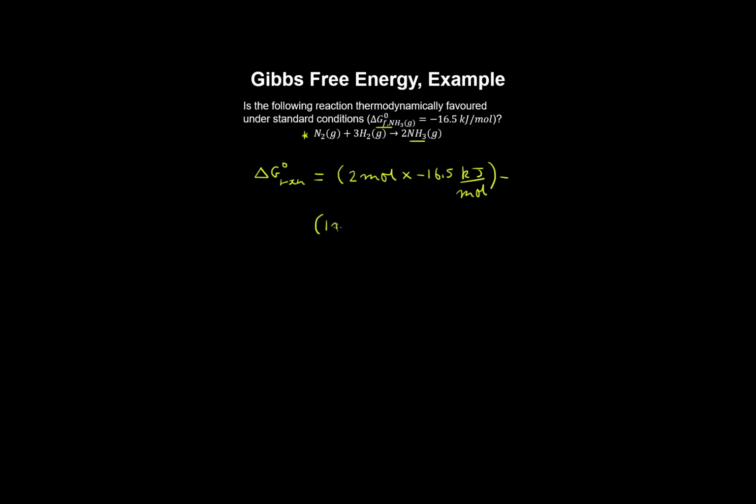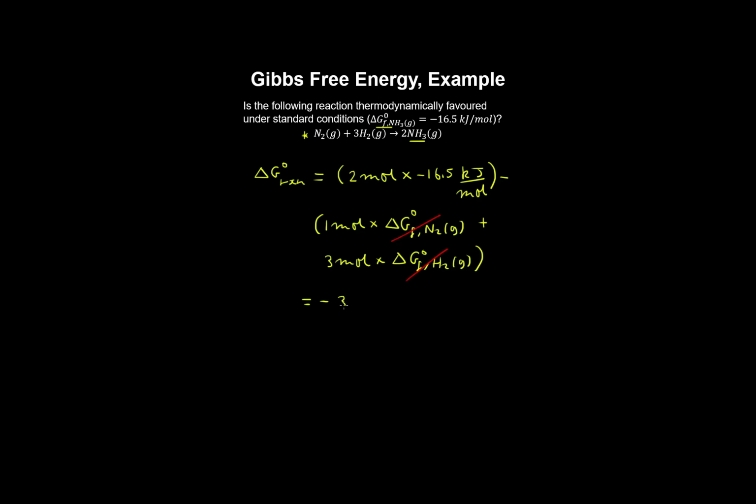So we have 1 mole of nitrogen gas by the free energy of formation of nitrogen gas, and plus 3 moles of hydrogen by the standard free energy of formation of hydrogen gas. So the free energies of formation of the gases are 0,